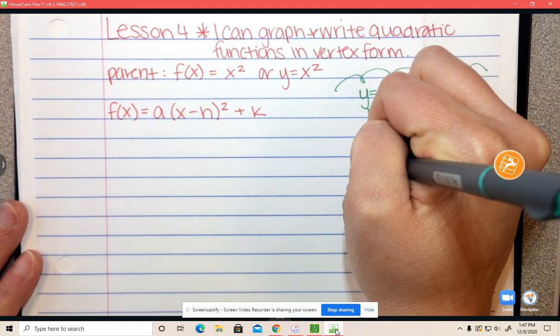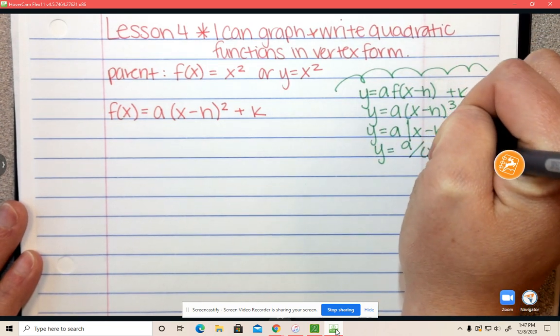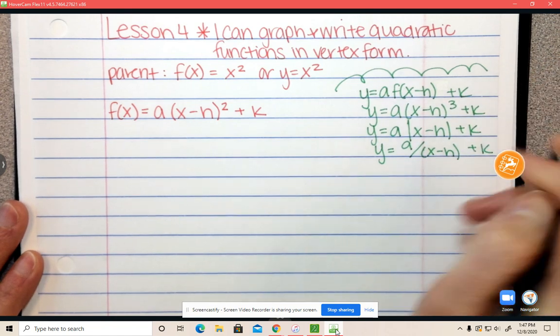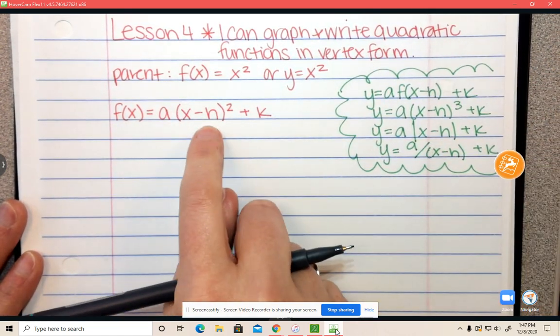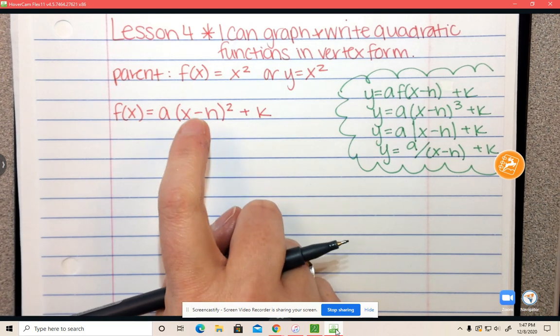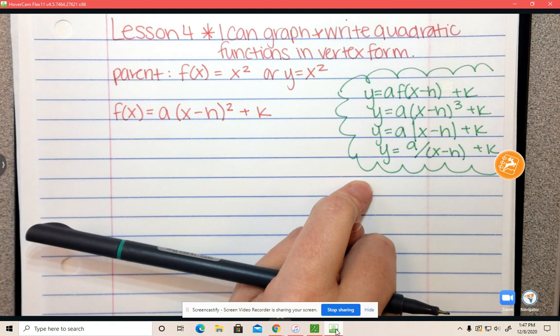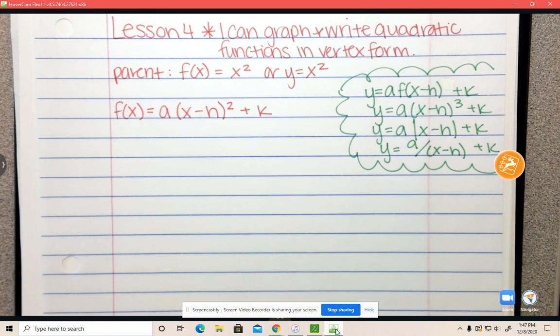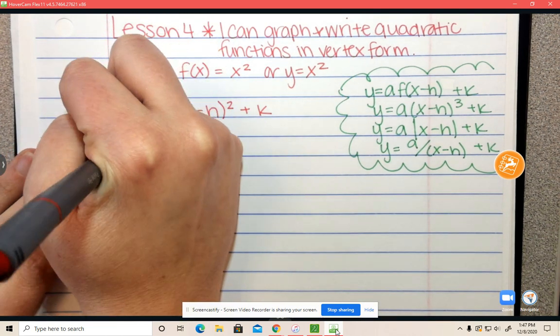And then you can do it with all different types. So there's another one that's a over the quantity x minus h, and then plus k. And like I said, if you understand what a, h, and k do to the quadratic function, you can apply that to any of the other types of functions, okay, including linear, the point-slope form that we talked about way back, okay? So with that, you need to know that a,